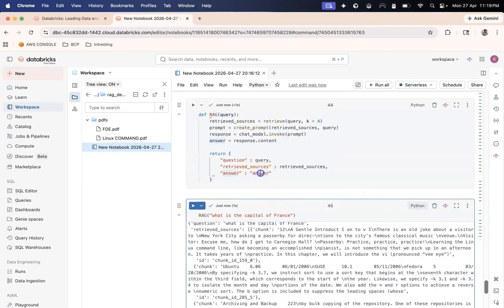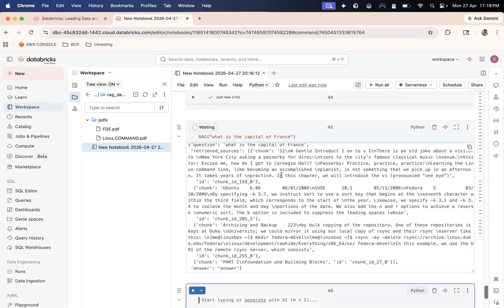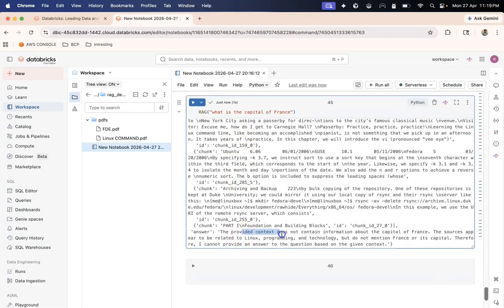Where is the answer? Okay, sorry for that. So let's run this again. What's the capital of France? The provided context does not contain information about the capital of France. The sources appear to be related to Linux programming technology but do not mention it. I cannot provide an answer to the question based on the given context.